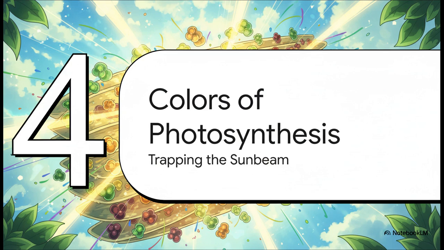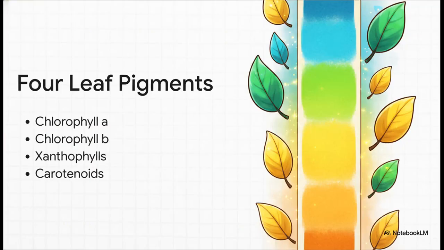Which brings us to Section 4, the colors of photosynthesis. So how does that membrane actually catch the light in the first place? Well, if you've ever wondered why there are so many different shades of green out in nature, it's because leaves use a whole mixture of tools to catch light. If you separate leaf pigments using paper chromatography, you don't just see one uniform green. You actually find 4 distinct pigments. There's chlorophyll A, which is a bright blue-green, chlorophyll B, a yellow-green, xanthophylls, which are yellow, and carotenoids, which are